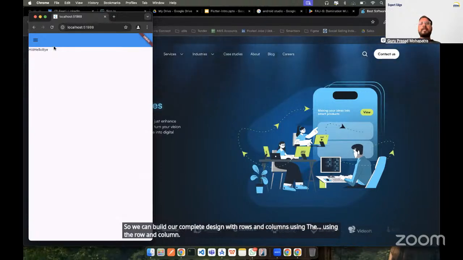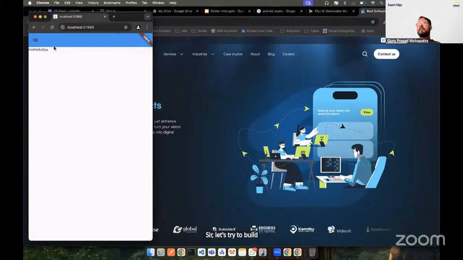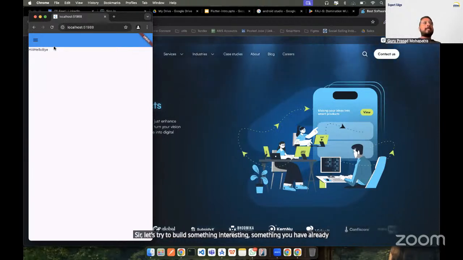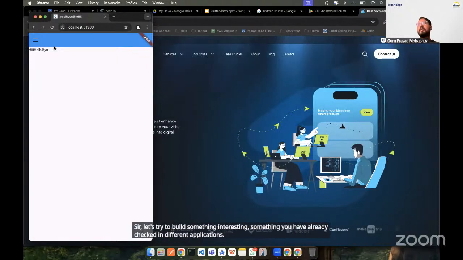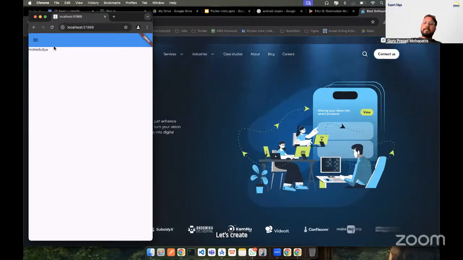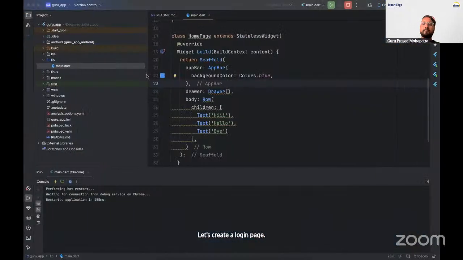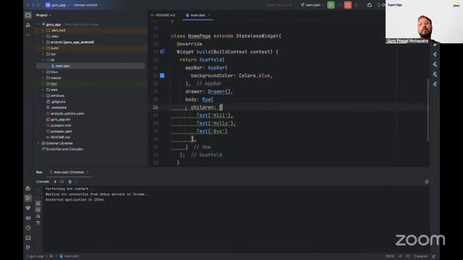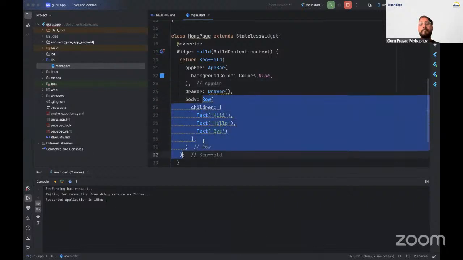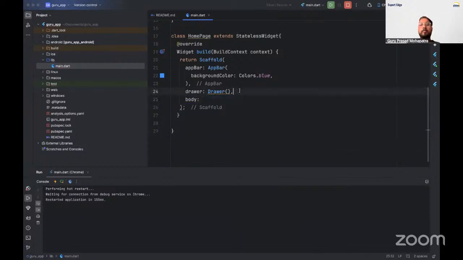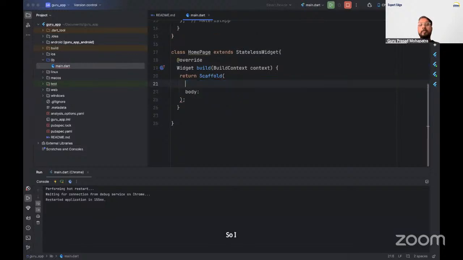So let's try to build something interesting, something you have already seen in different applications. Let's create a login page. I'll just remove these things in the body.